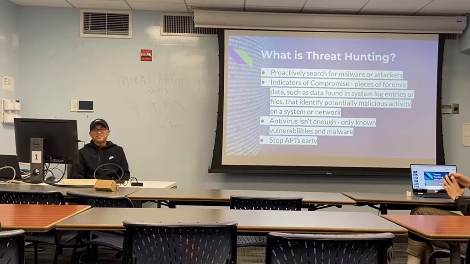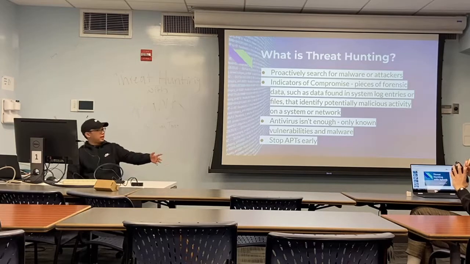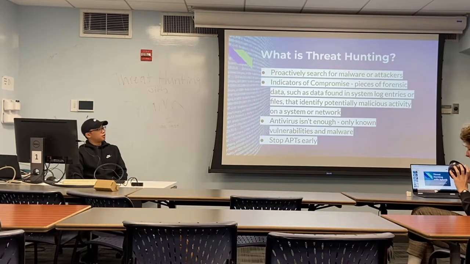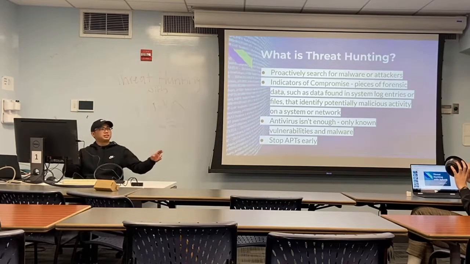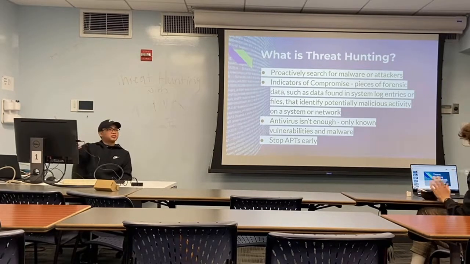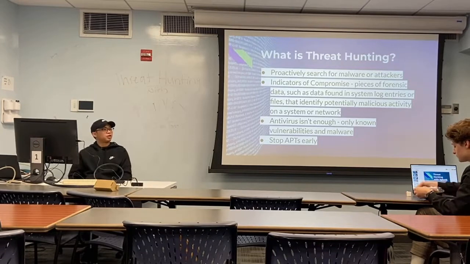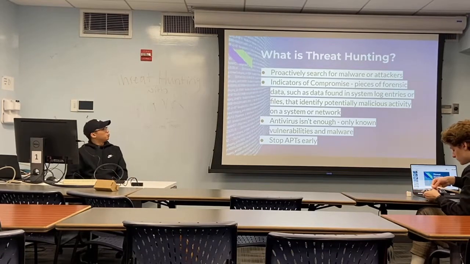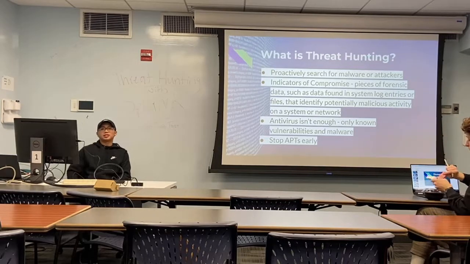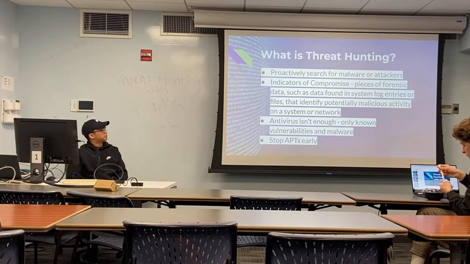Essentially, but you can do it manually or automated, with tools. A keyword in threat hunting is proactive. That is the major buzzword, because you're proactively searching for malware or threat actors. You're trying to locate indicators of compromise, which are pieces of forensic data, such as data found in system log entries or files that identify potentially malicious activity on a system or network.